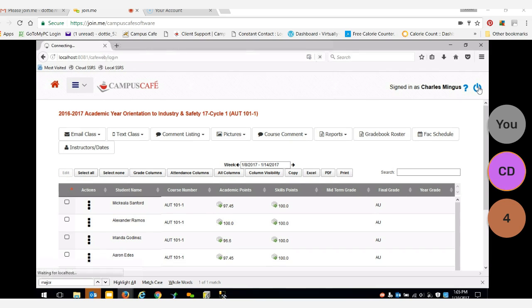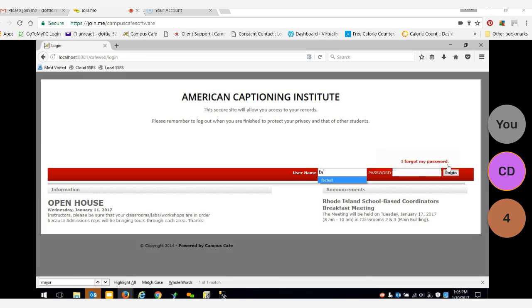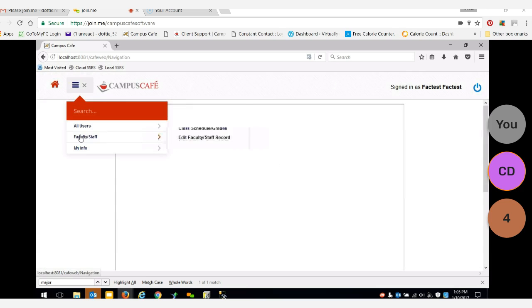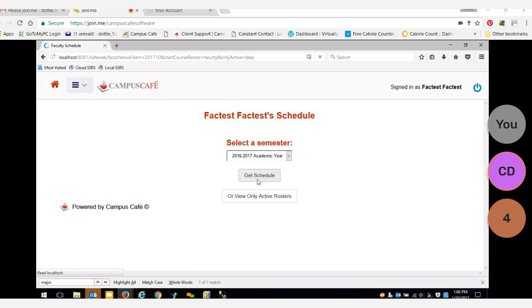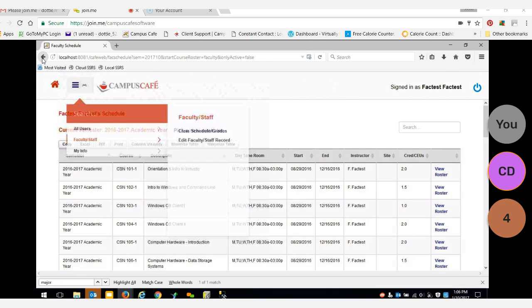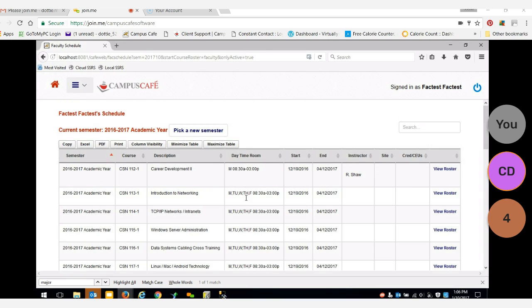Okay, great. So I'm going to log in as FacTest and go to my faculty schedule, which is how the instructors would typically get at their rosters and get their schedule. Maybe what I should do is go back and only view active rosters. Okay. Get a little bit of a shorter list. So you can see this list of classes, and if I click view roster,